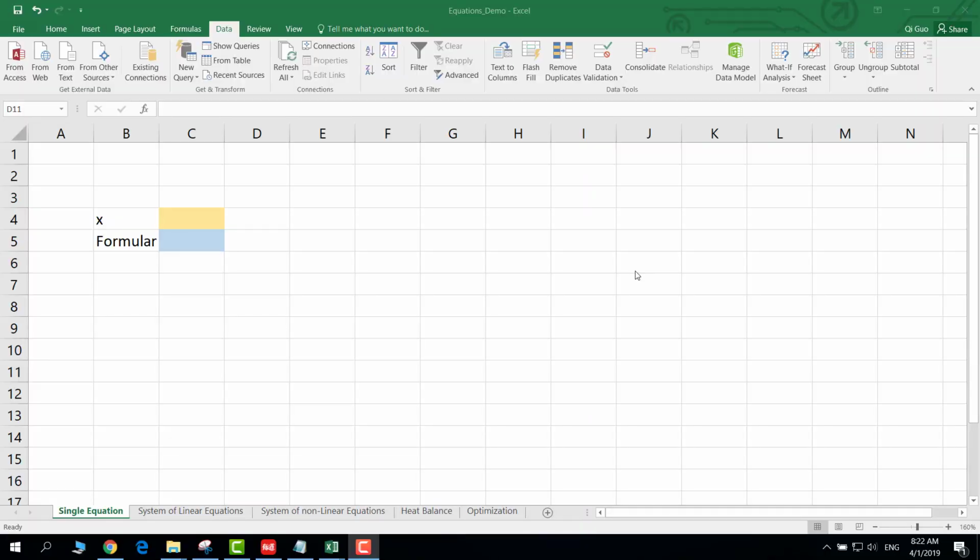Hello everyone. Today I'm going to show you how to use Excel Solver to solve systems of equations. This is the spreadsheet that you're going to be working on, and here are each tab. Today we're going to solve 5 problems. The first one is a single equation, then a system of linear and nonlinear equations, also a heat balance problem, and